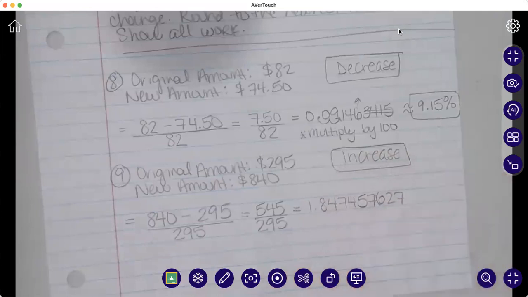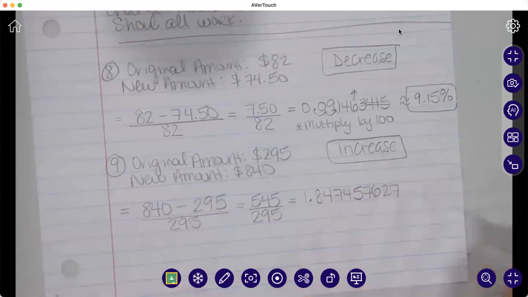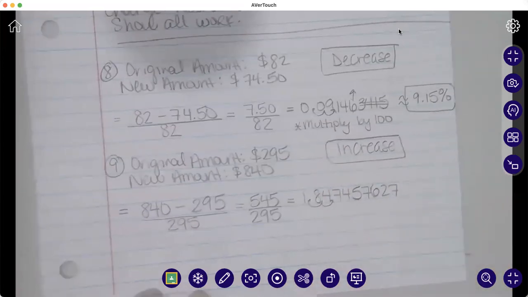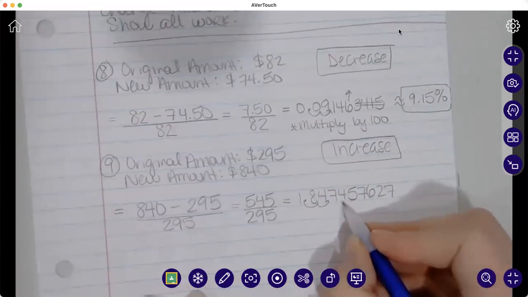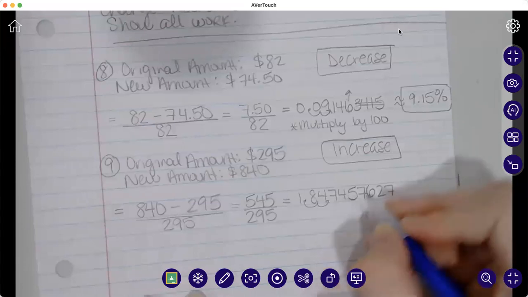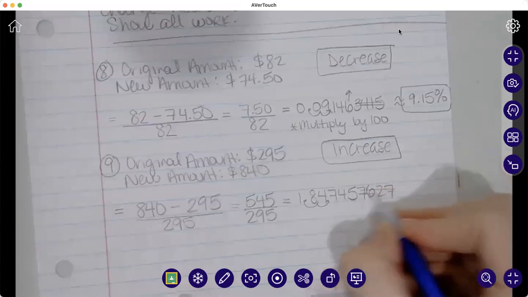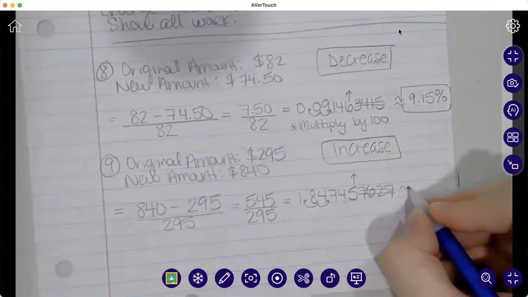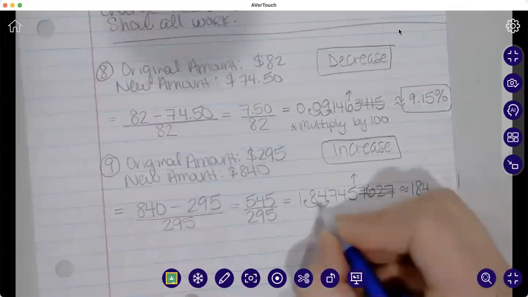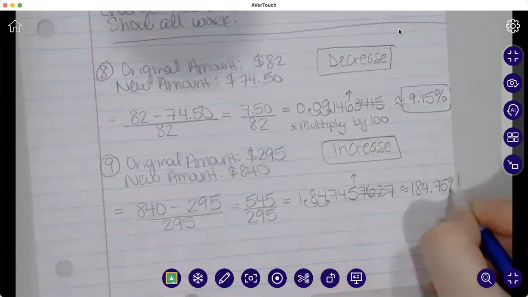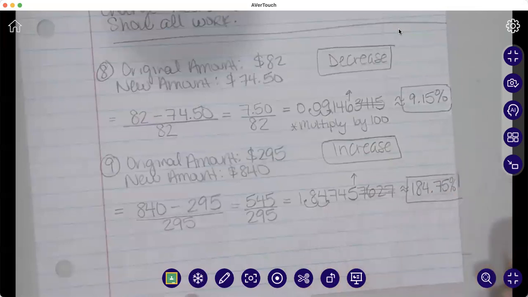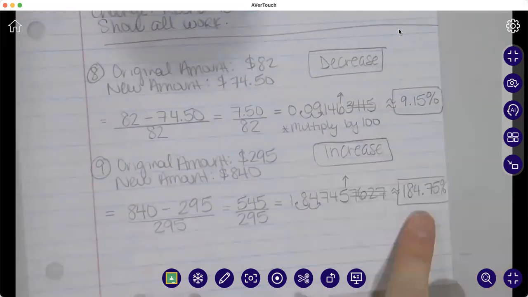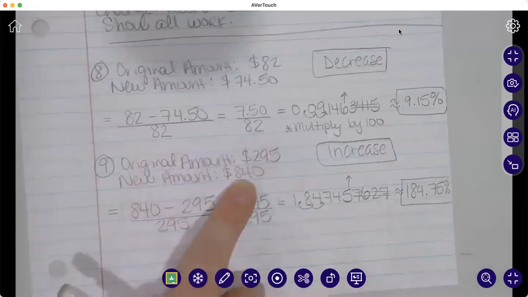1.847457627. Now again, this is giving us a decimal. I want a percent, so I need to multiply by 100 or move my decimal 2 places to the right. And I need to look at that third digit to see if it's increasing. Those last 4 don't help me, but that 5 tells me I'm increasing, which means I get 184.75%. And therefore, that would be my answer. So we have an increase of 184.75%, which makes sense because it's